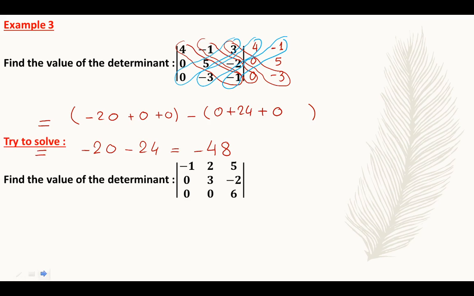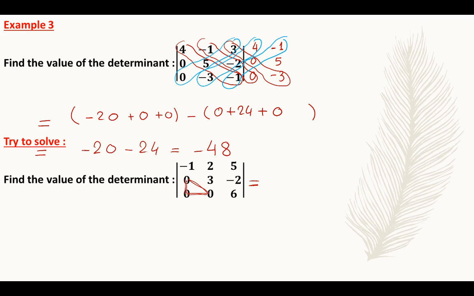Try to solve, find the value of this determinant. Okay, here you can see that in this determinant, this is what we call a triangle of zeros. If you want to find the value of this determinant, you can find it by using one of the two methods. Either you use the previous method and write the first two columns and multiply, as I showed you, or